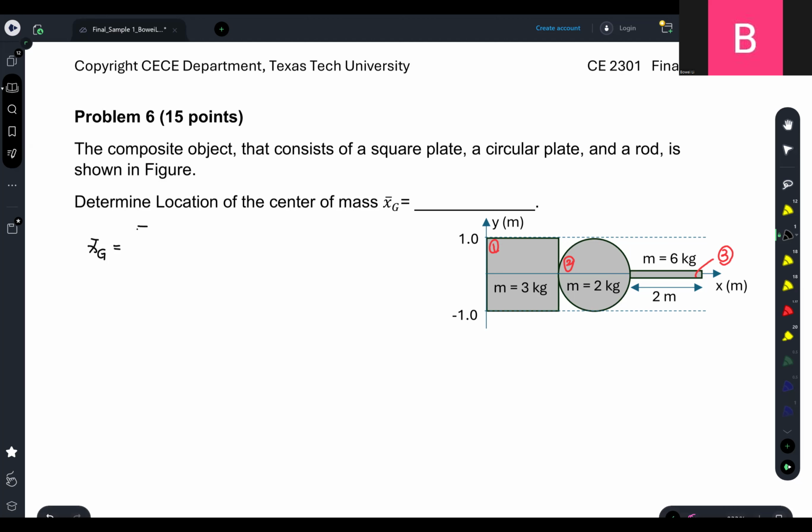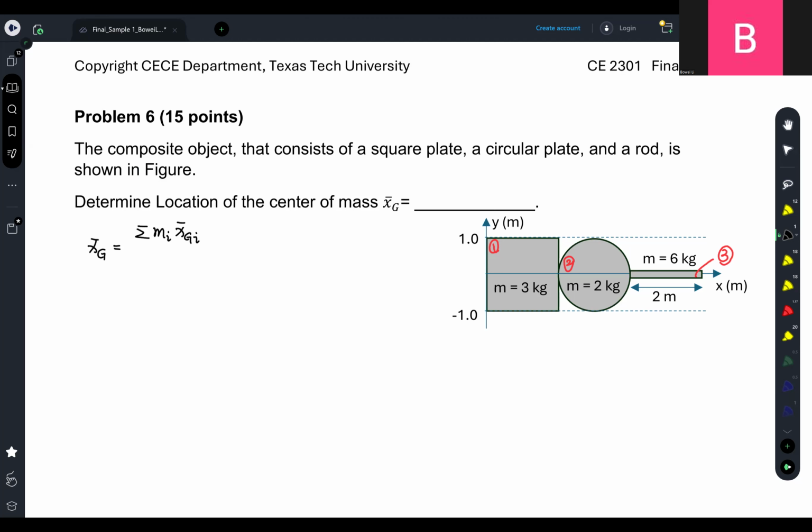So it will be the summation of the mass of each part times the corresponding center of mass of each part, right? You probably see that the notation here is xg, which is the center of gravity. But typically for the problems that we deal with, the center of gravity is consistent with the center of mass, since the gravitational acceleration is typically a constant